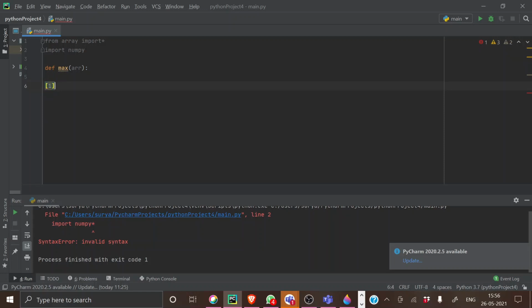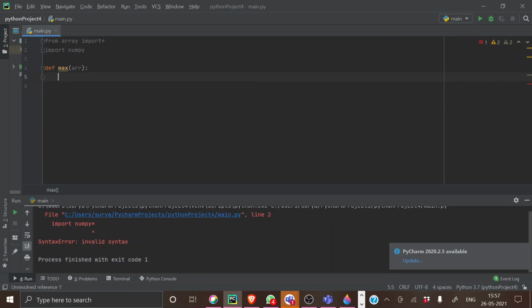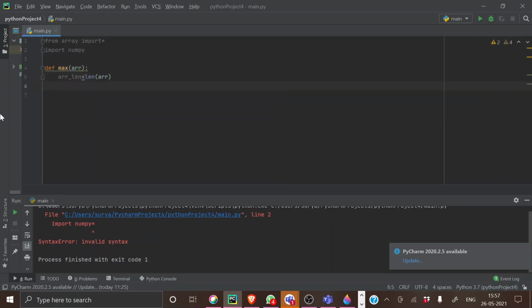So for this kind of case, we are going to do an if statement in the beginning. First we find the length of the array. ARR len holds the length of the array.